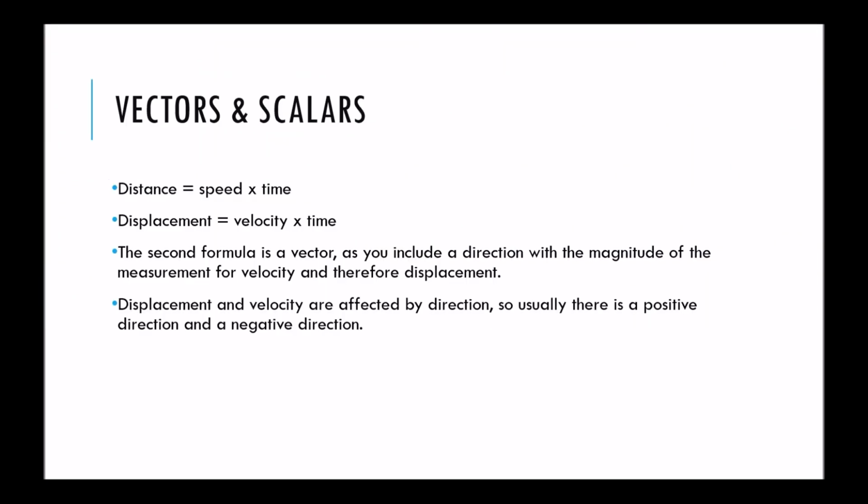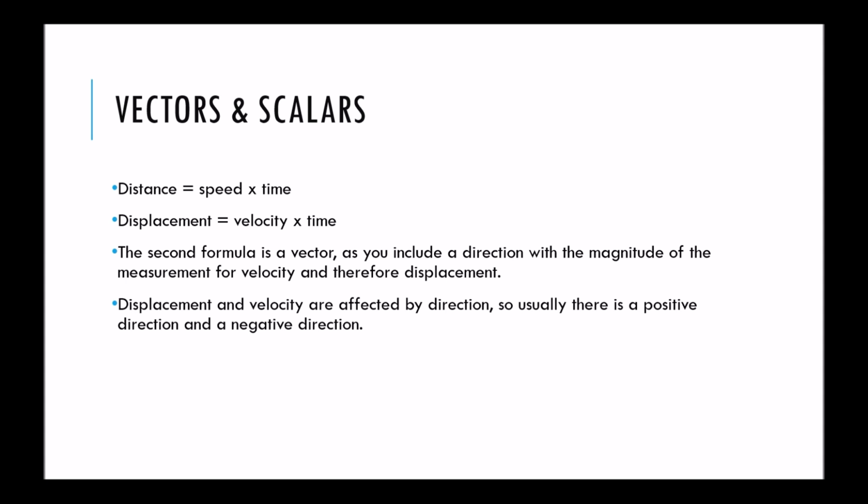For motion, you have to know the basic formulas: distance is speed times time, and displacement is velocity times time. You also have to know the difference between vectors and scalars. Basically, a vector includes a direction as well as the magnitude. That means you can have positive and negative values, as usually there will be a positive direction and